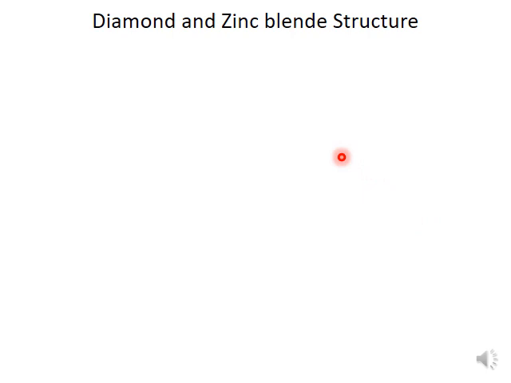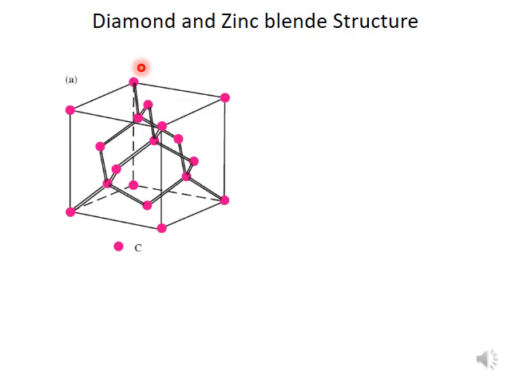So let's have a look at a couple of very important crystal structures: the diamond crystal structure and the zinc blende crystal structure. Starting with diamond, it is like an FCC crystal with atoms of carbon. However, there's a slight modification with respect to an FCC crystal, which is that the unit cell contains four extra atoms